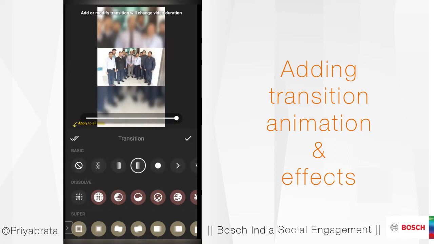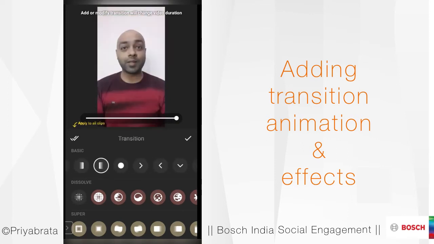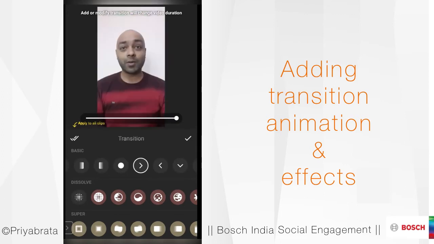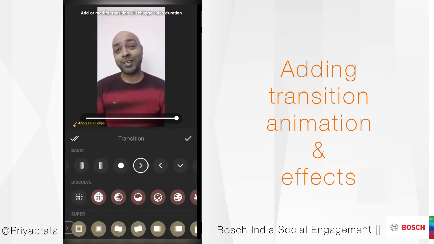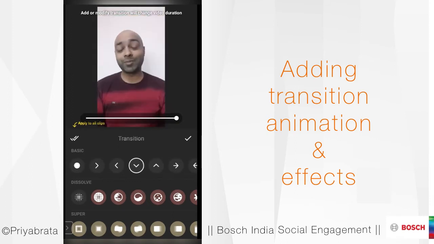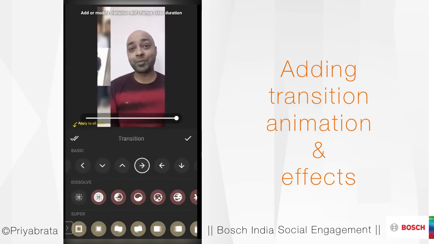Now I want it to come like this, left to right. Or you want it to come from top to bottom, so I can select this. Or you want it to come from left to right, this one.